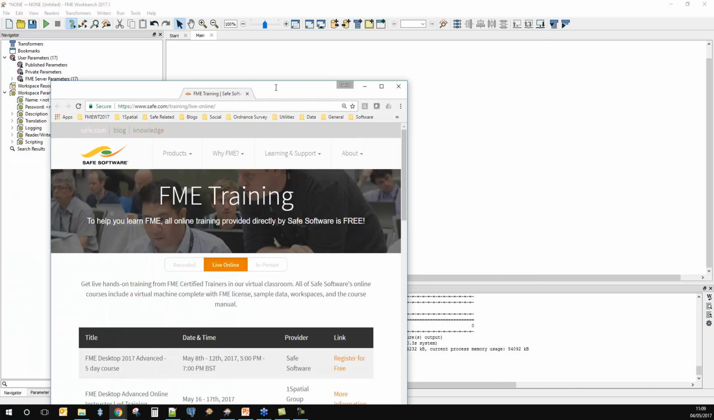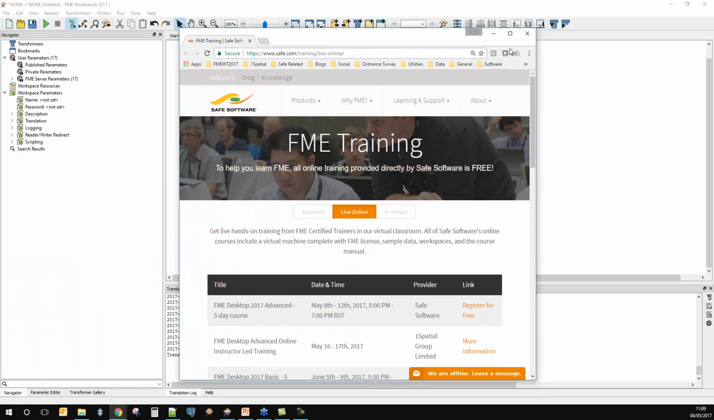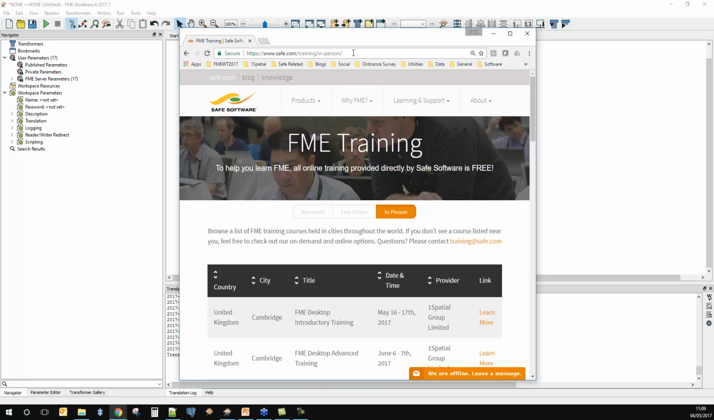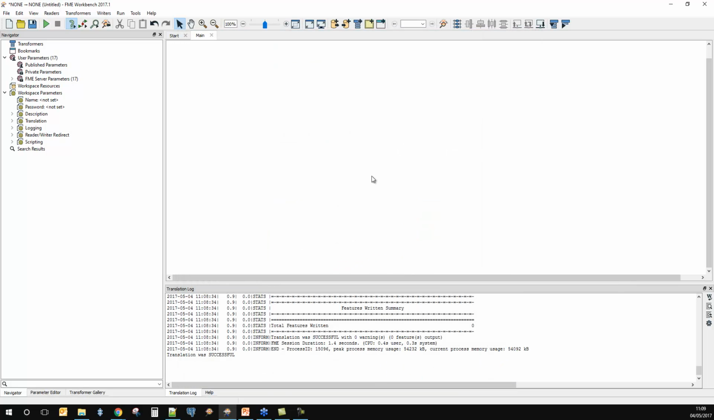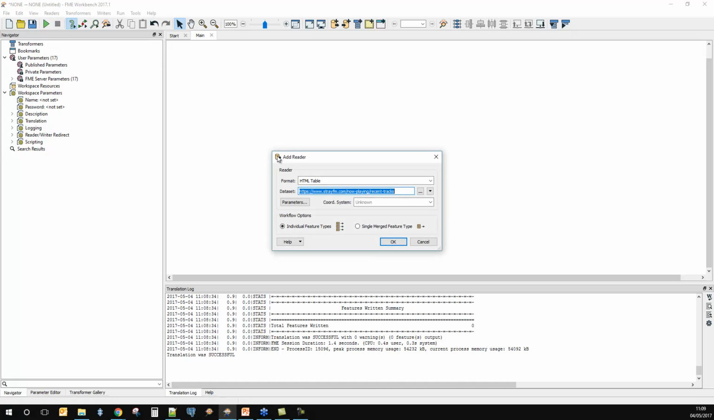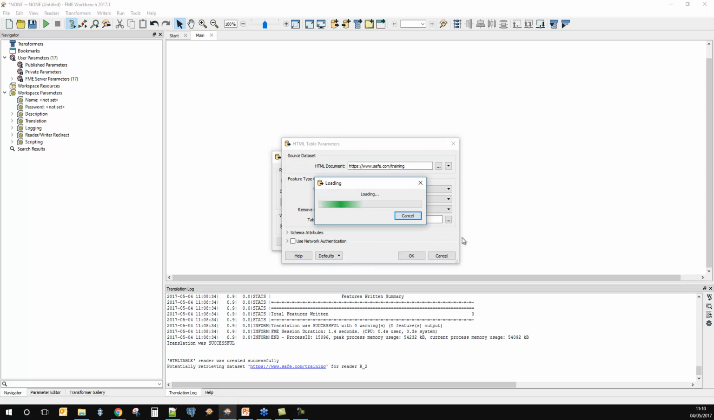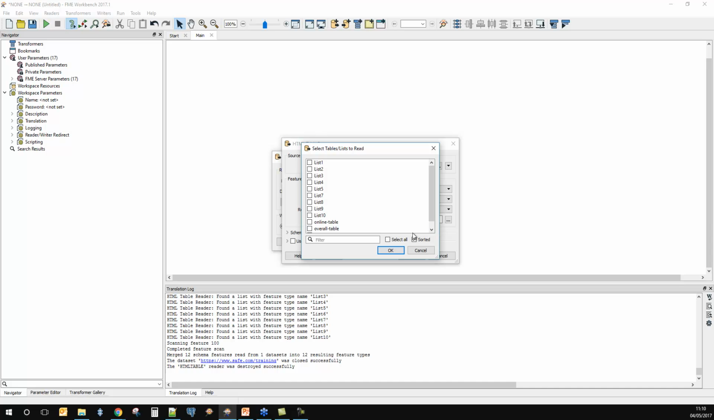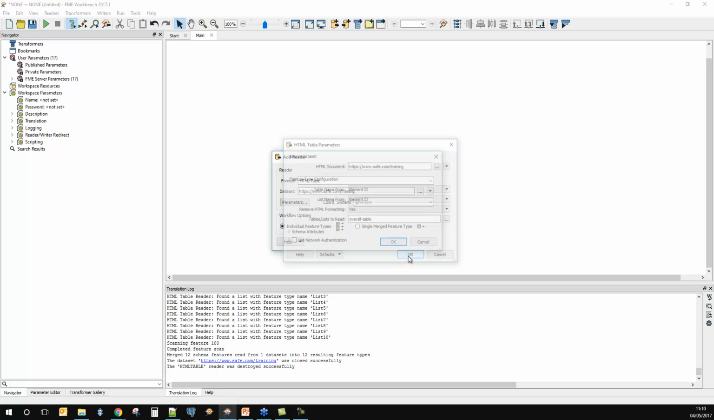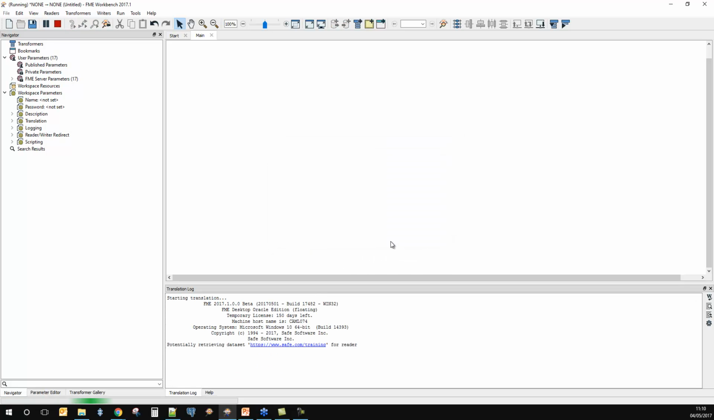If we go to something subtly different, here's all of the FME training that's going on globally, whether it's online or in person. If we go and actually grab the URL at the top, I just want the training one here, and go and add in a reader. Here, my HTML table reader again. Go to the training page, and this time see what information is available. And here I want the overall table. And what I'll do when I pop this in as the reader